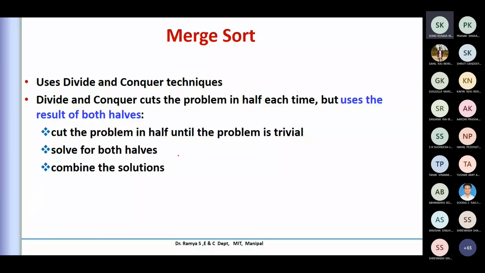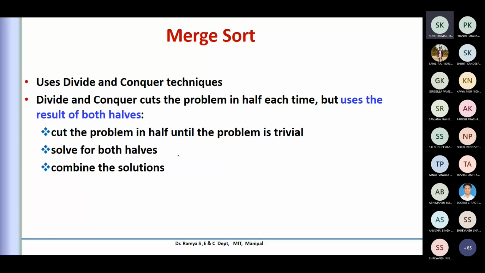We'll see how and in what way. Another concept is conquer. That is, you're trying to limit your division. You're trying to divide and make a decision, and then leave that decision. So it is divide and conquer kind of. So the benefit is, you cut the problem in half until the problem is very small to handle. Basically, it boils down to one element.